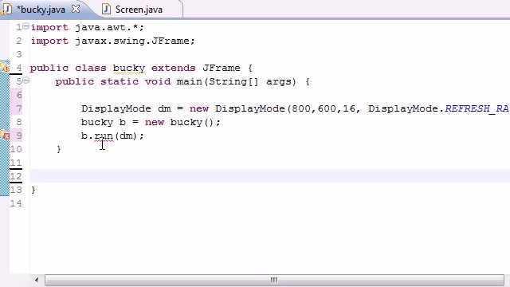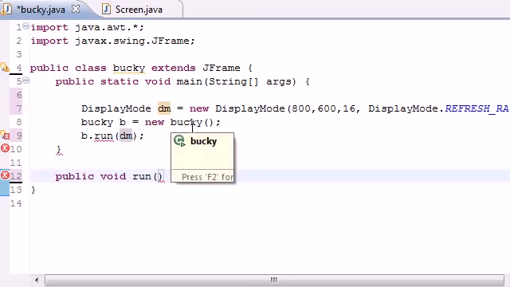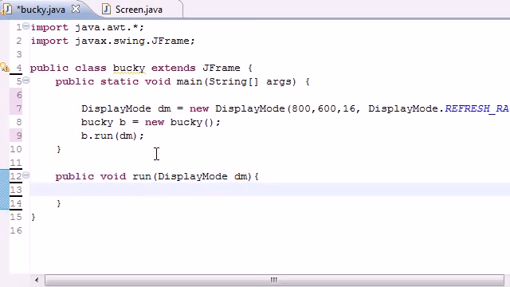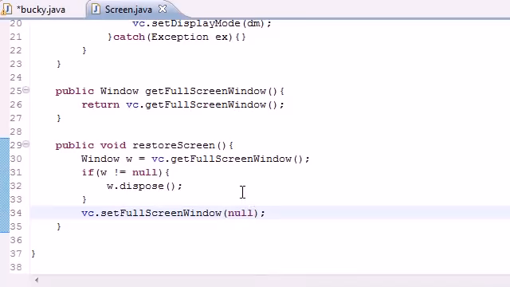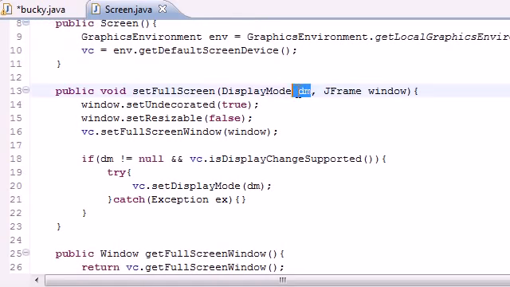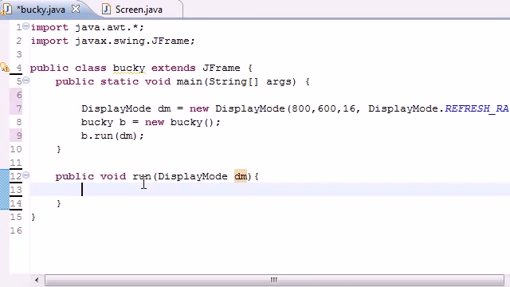In this run method we're going to be setting the stuff we want to appear on the screen. So public void run, and of course it takes the display mode as a parameter, so we need to make it take display mode DM. We need this display mode because we need to pass it on to set full screen in here, and I'll go over this later on. This display mode in this run method is going to call set full screen, and you'll see why right now. But the first thing we're going to want to do is set the background, foreground, and font of our window. So set